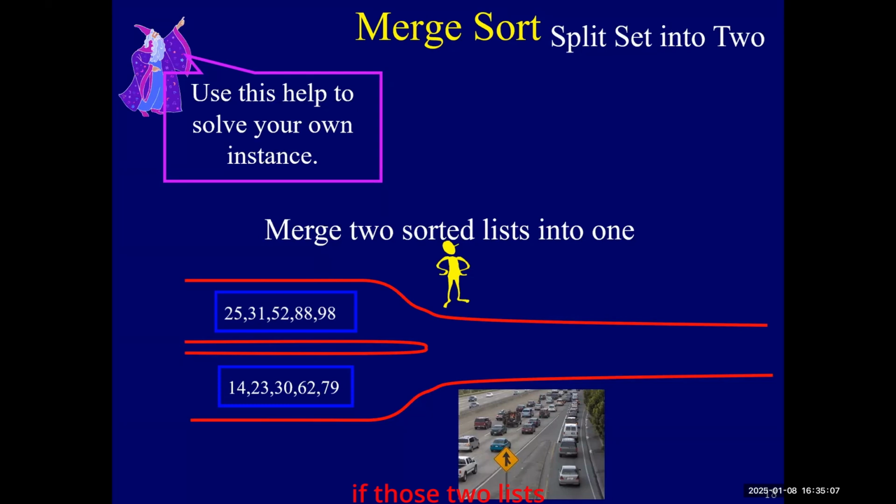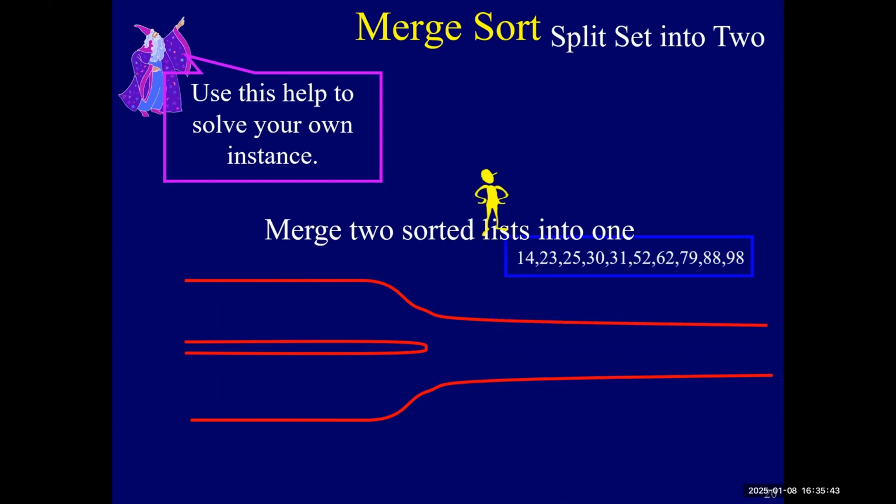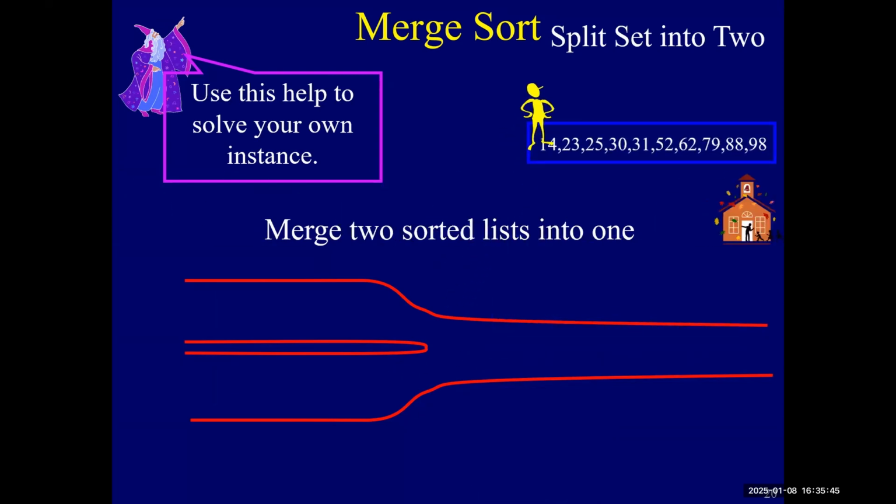If those two lists are sorted, but are arbitrary numbers that are sorted, can you tell me where the biggest number is going to be? At the end of one of the lists. That's the key. It's at the end of one of the lists. So we just compare the two numbers on the end of the lists and we move it. We say you can go. And then the next one. We just do that. Everybody buy that? And we're done.